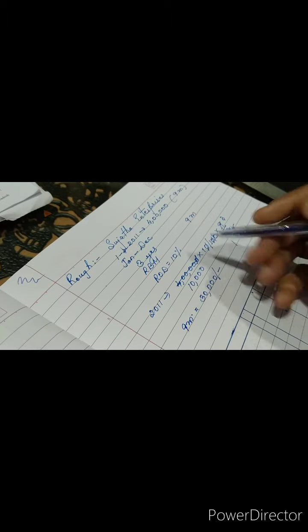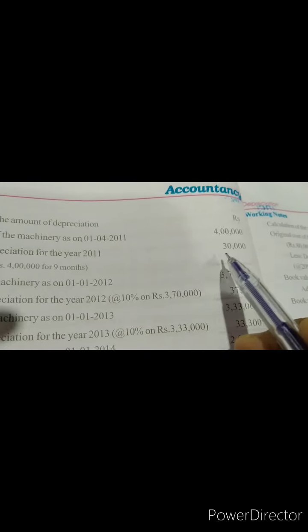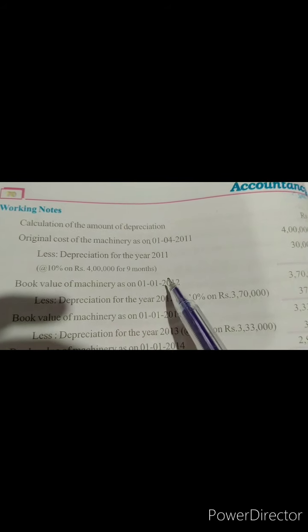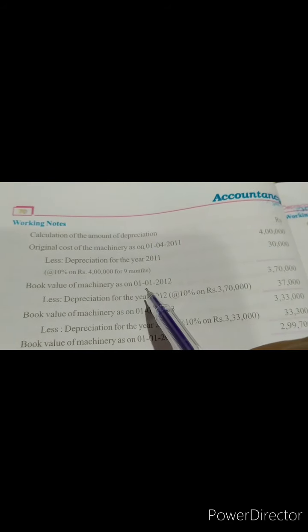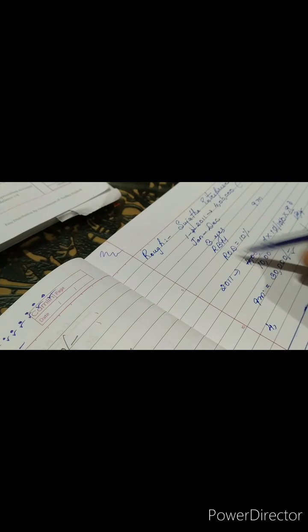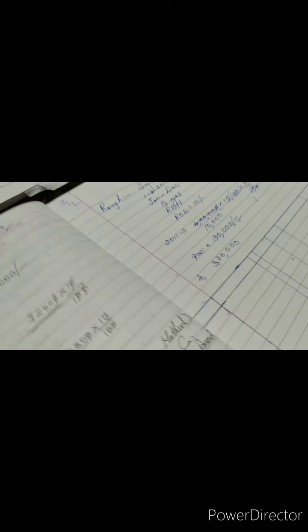So for first year how much is the depreciation? 30,000. 4 lakhs minus 30,000. Just see, 4 lakhs minus 30,000, you will get 3 lakhs 70,000. This is the book value of the machinery at the end of the previous year and beginning of the next year, it is 3 lakh 70,000. So in 2011, the machinery was 4 lakhs on 1st April. On 31st December, it has come down to 3 lakh 70,000, which is the opening balance for the next year